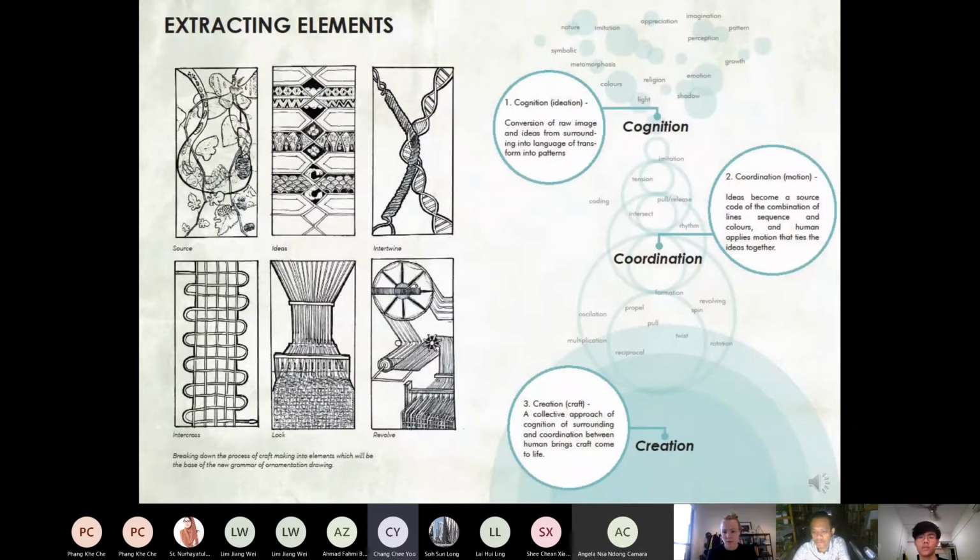And then coordination, which is the movement between the craftsman and the machine that brings all this craft to life, which lastly is the creation, which is the formation of the craft. So these three steps are important for the formation of a craft, because it has to be from nature to man-made and then to its final form.